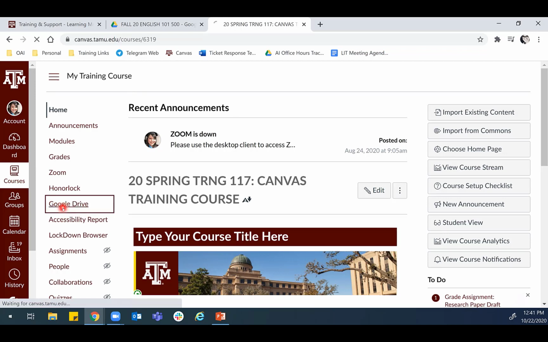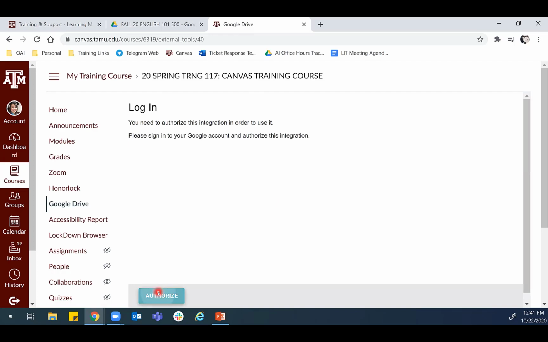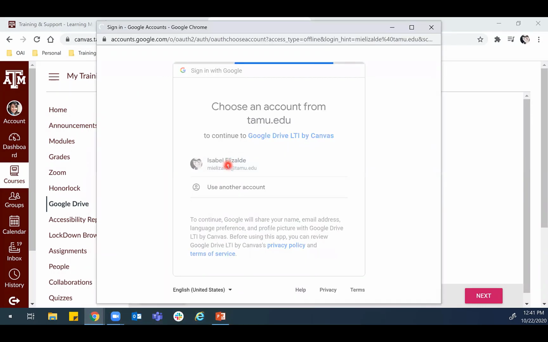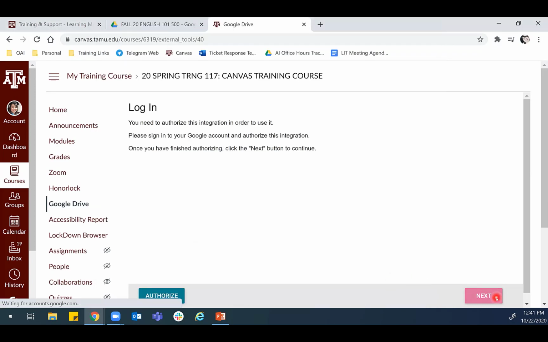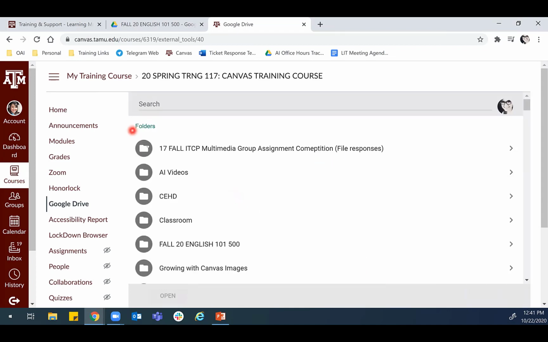If I click this, it may be scary. The reason why it's going to look scary is because it looks like if I authorize Google Drive from here, if I go ahead and click on authorize, I get this pop-up over here asking me to use Google. I'm going to select that account. If I click on here to authorize Google Drive from the course navigation menu and allow, and then next, it's going to look like I'm sharing my entire Google